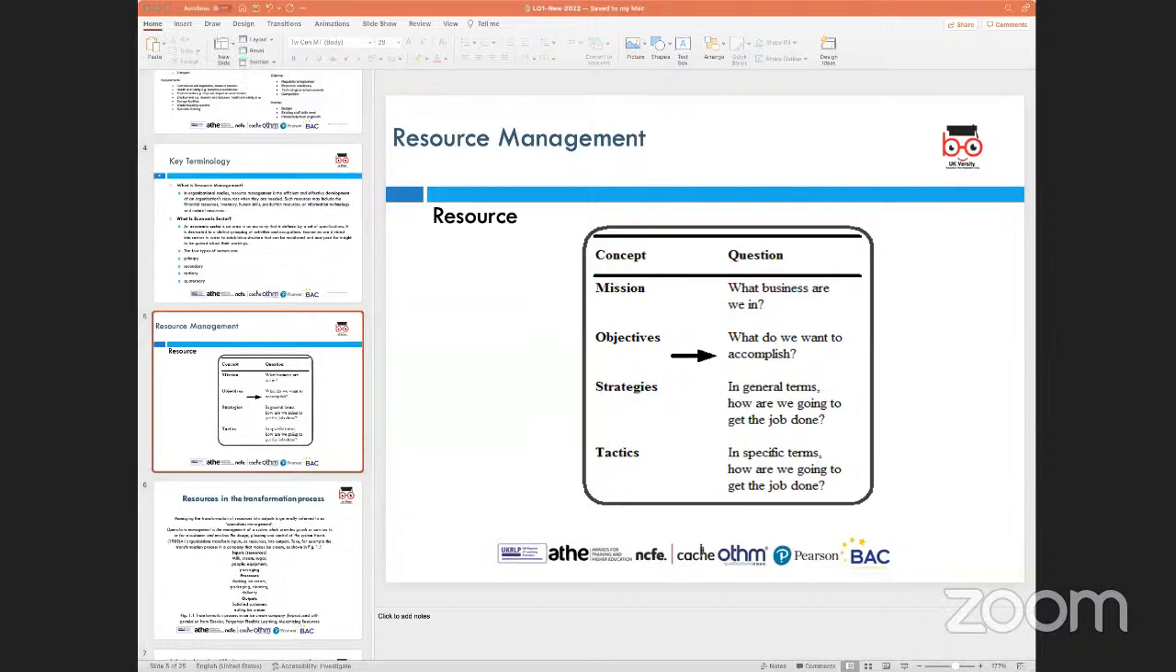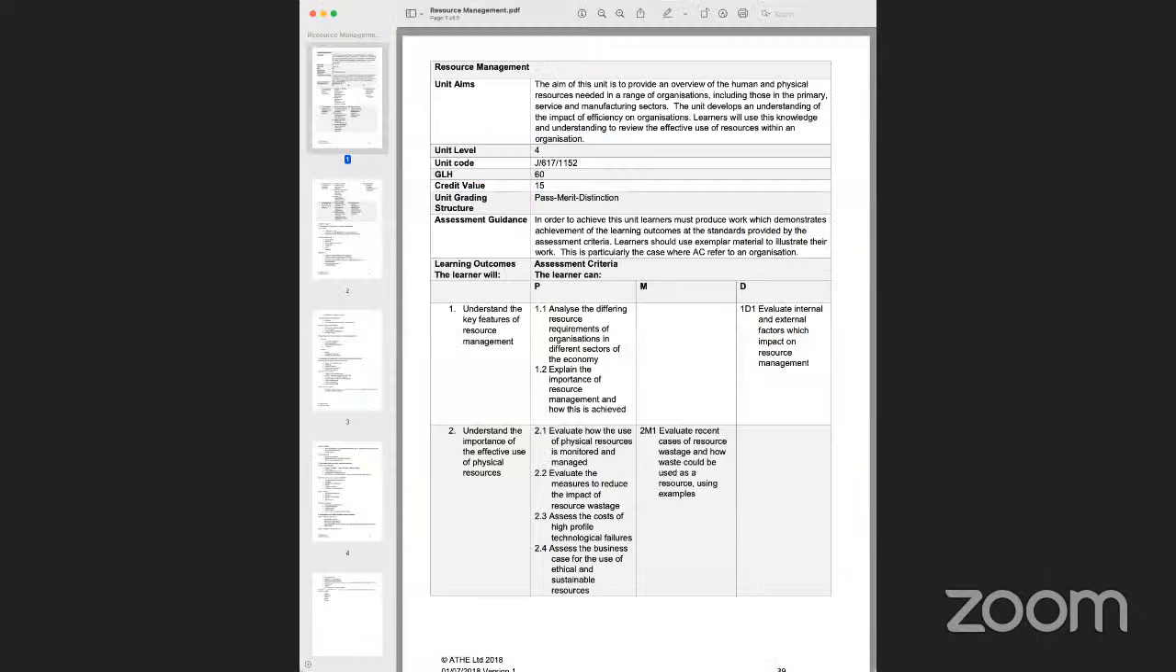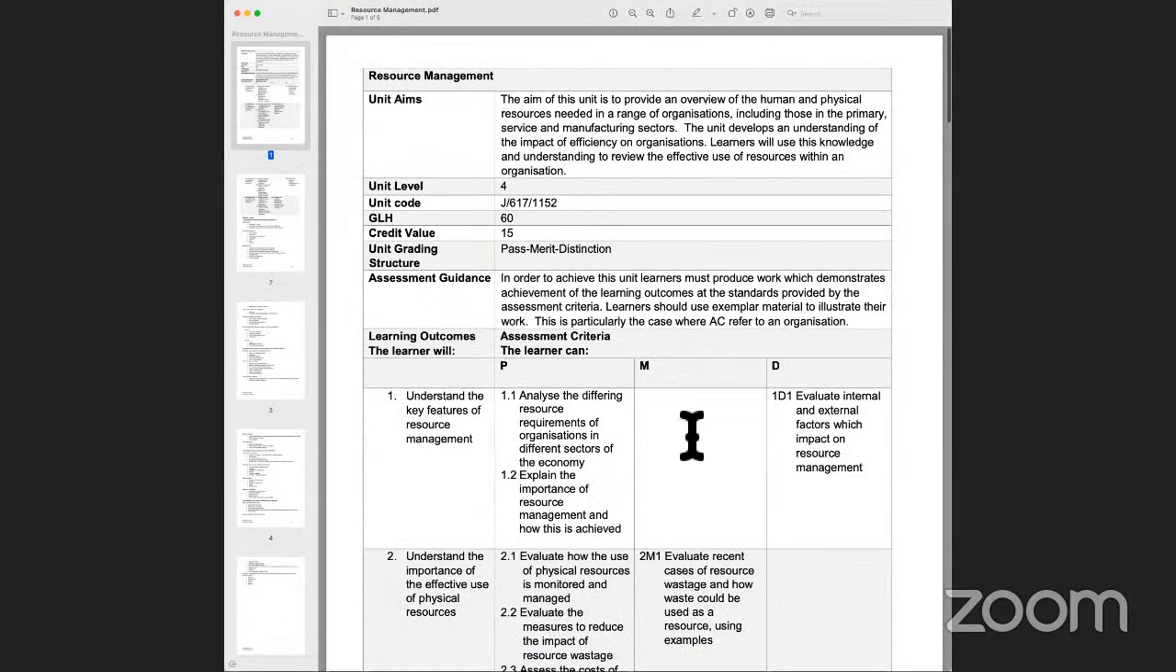Let me minimize some of the others, because at some stages I will also show the full screen, as we'll have to fluctuate between the unit spec and the introduction to the unit. So let me start off by showing you the unit spec, which is up on Moodle, and that is what we are essentially covering today. So in this particular unit, resource management, as I mentioned earlier, you will see that